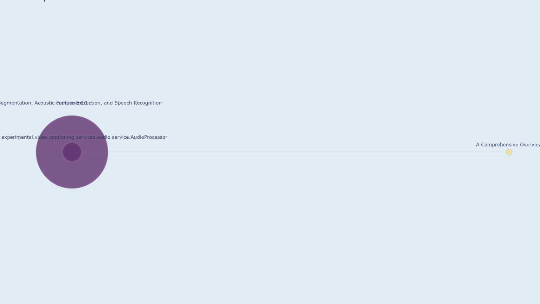This is similar to how speech recognition services like Google Assistant work, where the audio is broken down into smaller units to identify words. Component 2. Optional Natural Language Processing (NLP). This optional component takes the recognized text and processes it further, analyzing the meaning and context of the words to improve the accuracy of the captions. Think of this as the NLP part of a chatbot, where it understands not just the words but also the